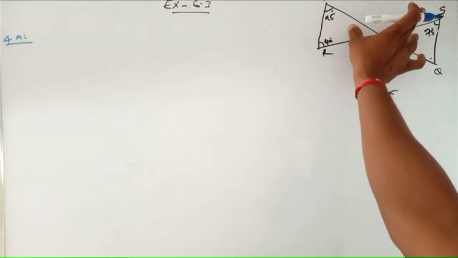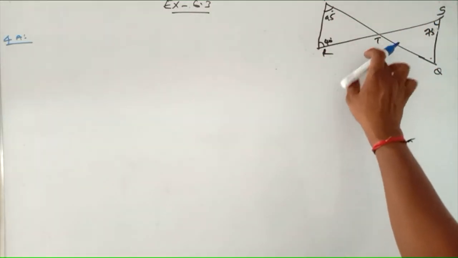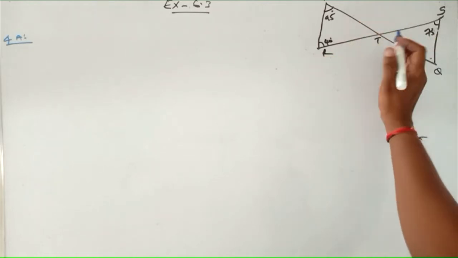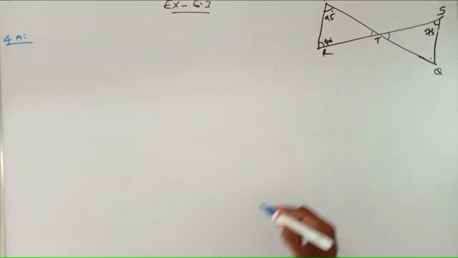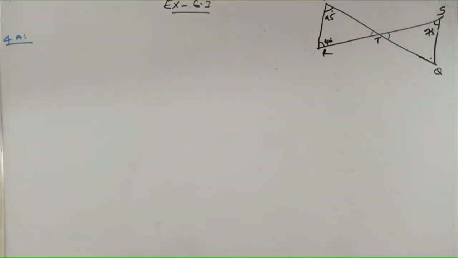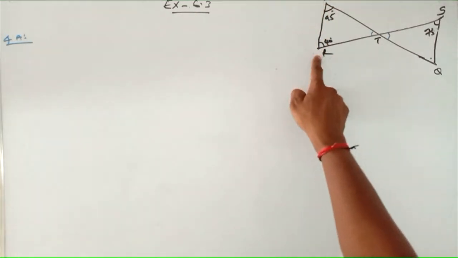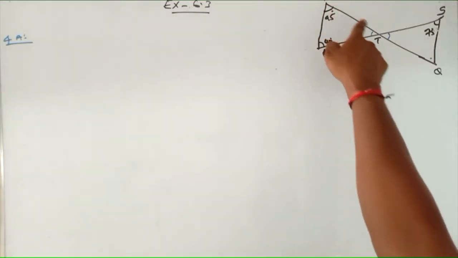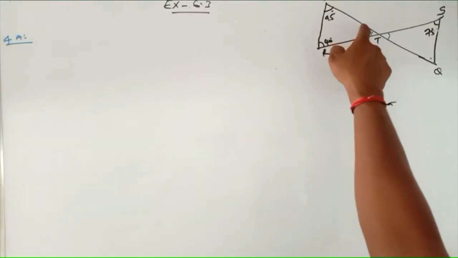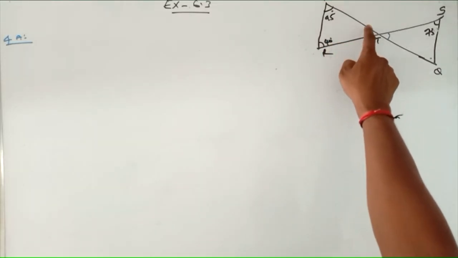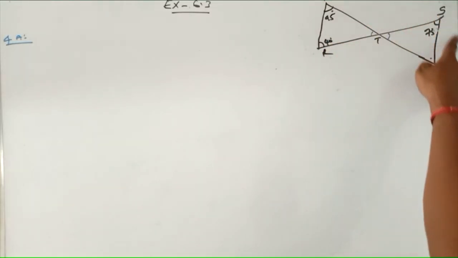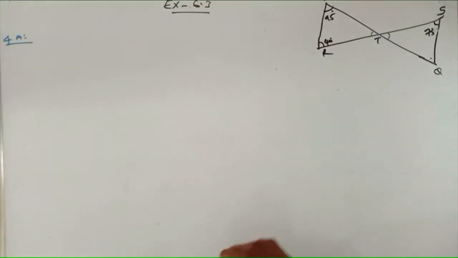So here these two lines are intersecting at a point. Now consider these two angles will be equal, because when two lines intersect, opposite angles will be equal. Now I am considering PRT is a triangle. Then I am going to calculate the value here by using angle sum property. I will get the value of this angle. Then automatically these angles are equal. Again by using angle sum property, I am going to calculate the value.